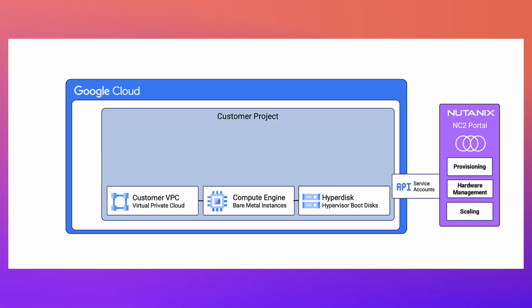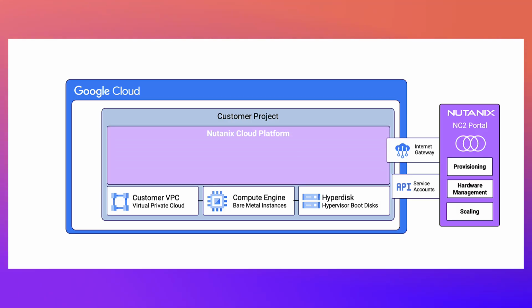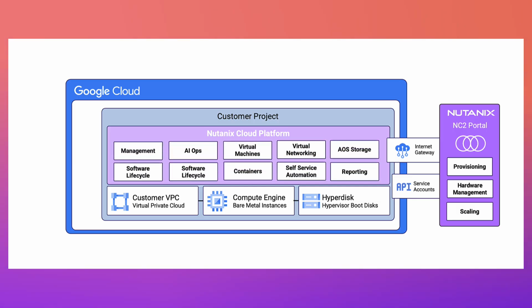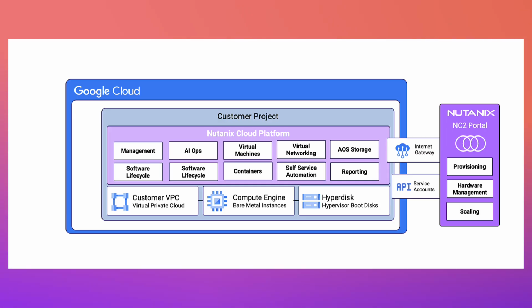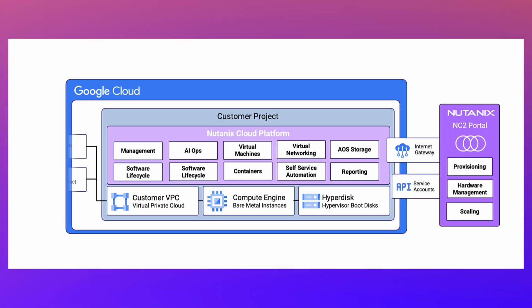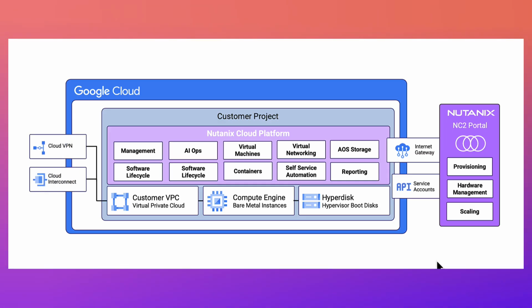It also orchestrates the whole building of the Nutanix cluster in Google Cloud, sets up an internet gateway so that Cloud Cluster can ping back to the NC2 portal, and then you just have all of the Nutanix services for running virtual machines, containers, storage, and everything else, just like you would on any other Nutanix cluster wherever it was running. You can also connect back to your on-premise or other locations using the Cloud VPN or Cloud Interconnect,